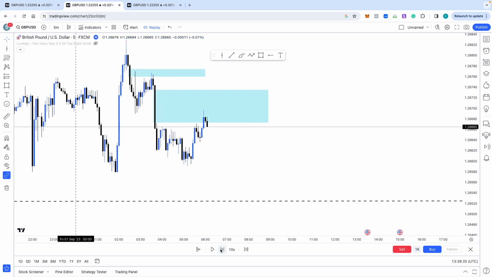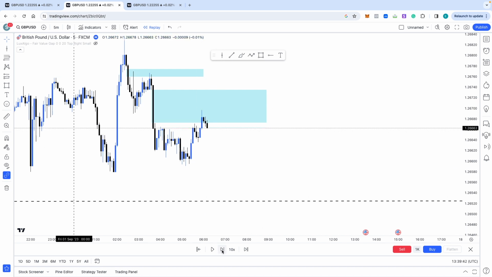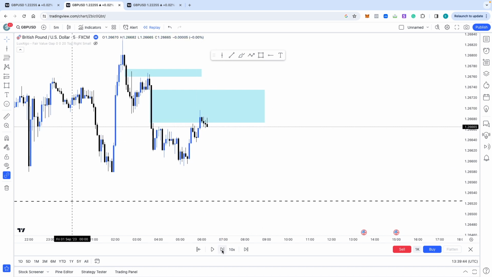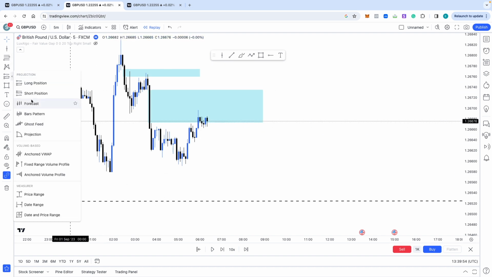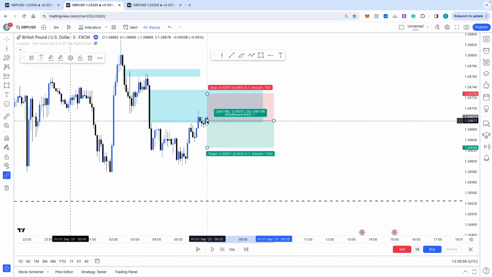All right, so will we tap in? Yep, and we've tapped in. Now we're just looking for a break of structure to the downside. And that would be sufficient confluence for a trade. So we see we've got a higher high, and a lower high. And on that note, that to me is a break of structure. So we can immediately look to short,